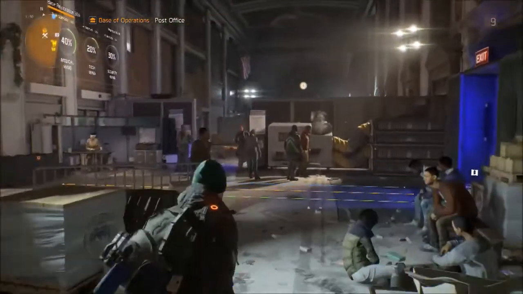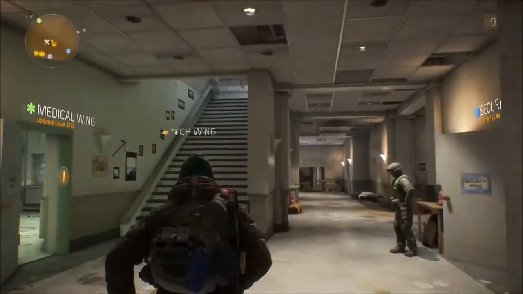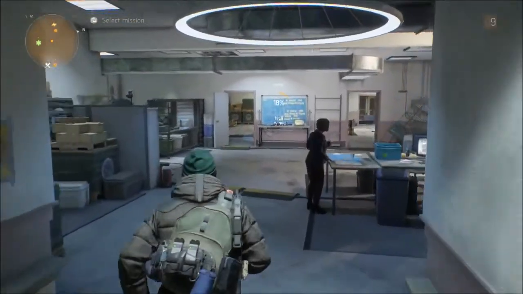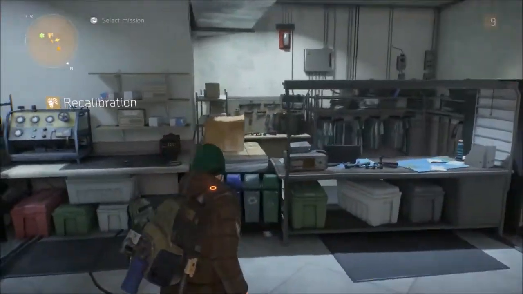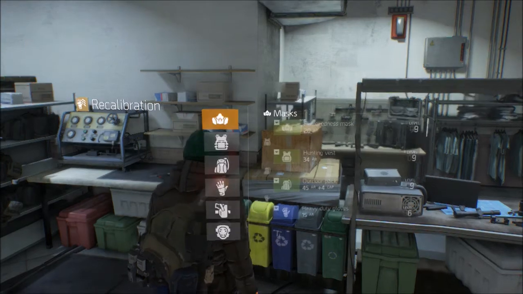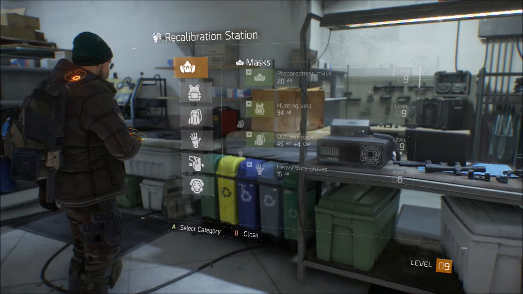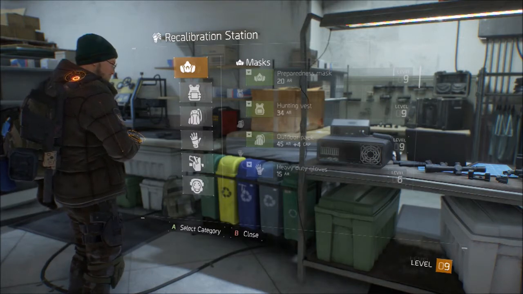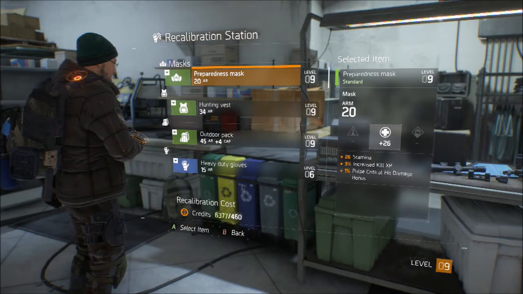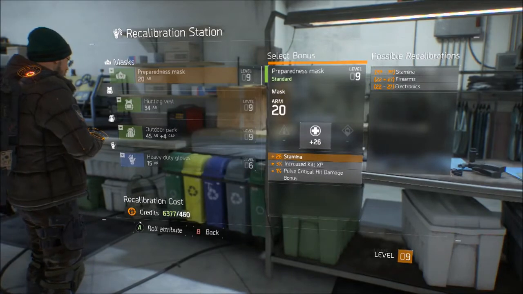There is one other crafting station you can get in the tech wing. You can purchase a recalibration station. And this recalibration station allows you to change the statistics on gear. So if I want to change that one, that preparedness mask, I select it and I can re-roll a particular